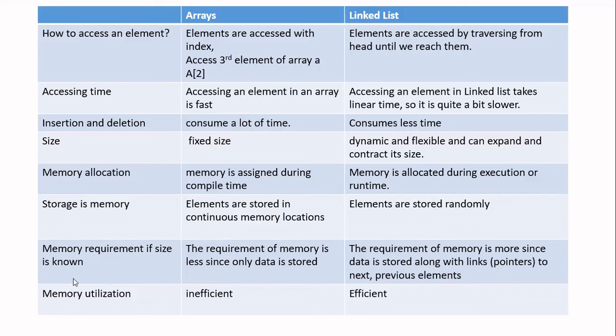Okay. And last is memory utilization. In case of array, memory utilization is inefficient because whenever elements are deleted or added, whatever is the extra space will remain as such. Whereas in case of linked list, you never allocate any extra space. You are creating the element, you are adding it by means of malloc or calloc. If you don't want it, you remove it by means of free. So it is going to utilize the memory in an efficient way. But if you don't know the size, it has the disadvantage as we have seen in the previous point.